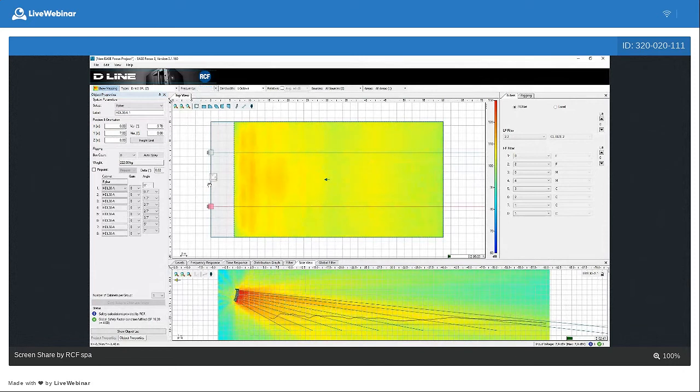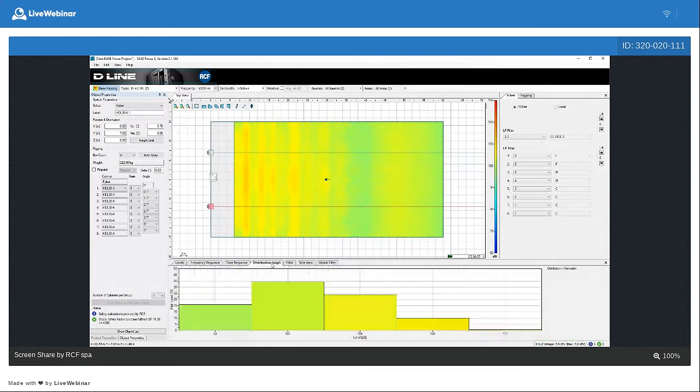4,000, 5,000, 6,000, 8,000, 10,000, 12,500, and 16,000, 1 octave. Okay, you can see also a side view of the coverage, but we have other several tools. One very important tool is the distribution. With the distribution, we can see the difference in that